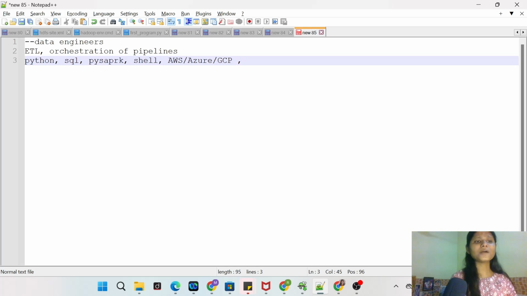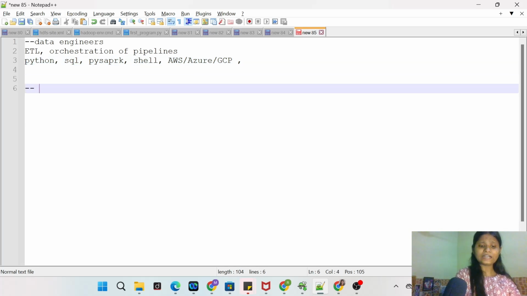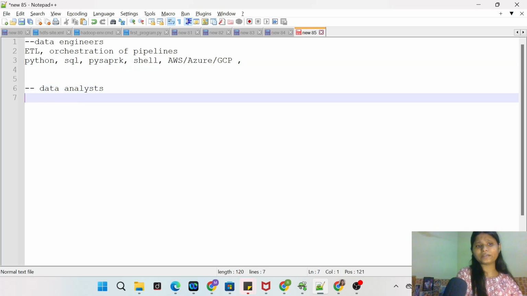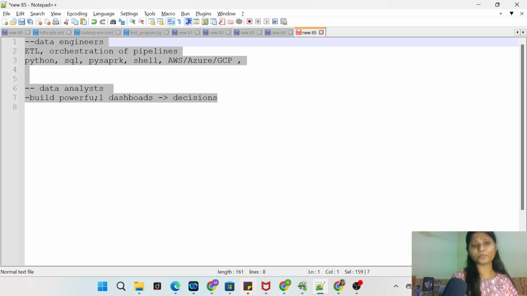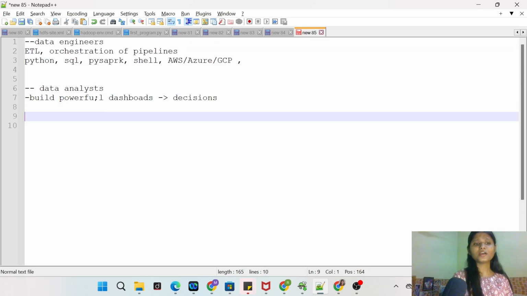So a data engineer comes with this package, whereas a data analyst knows what to build. It relies on the data maintained by these data engineers, and then builds powerful dashboards that the business will use to take important decisions, right? So these are the two roles that are operating, but with the entry of modern data warehouse